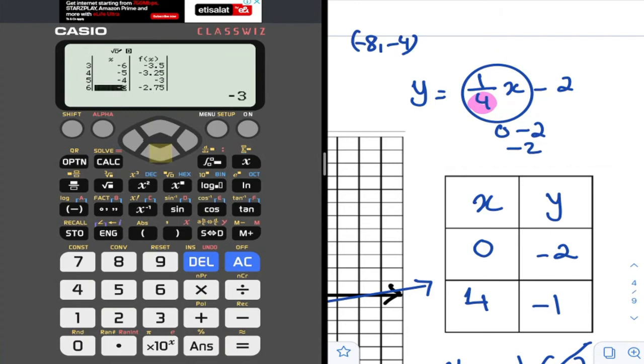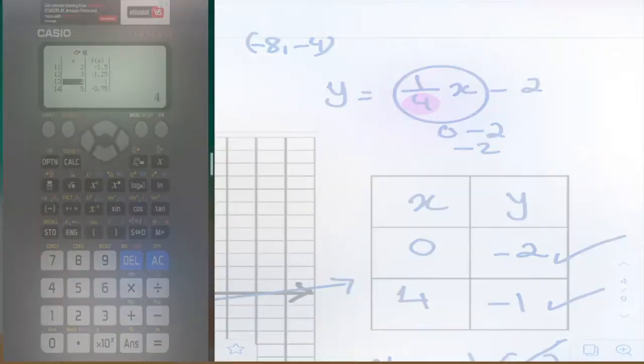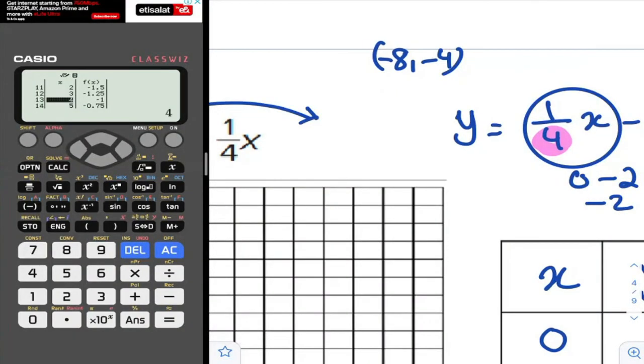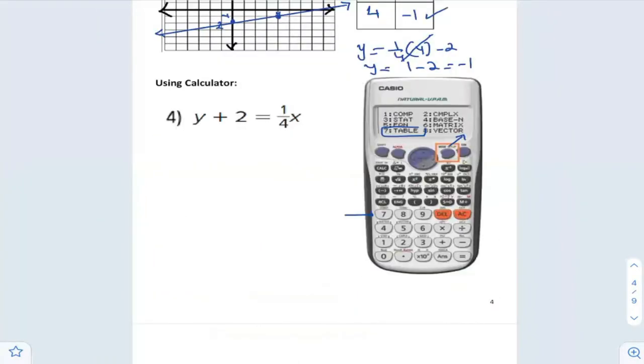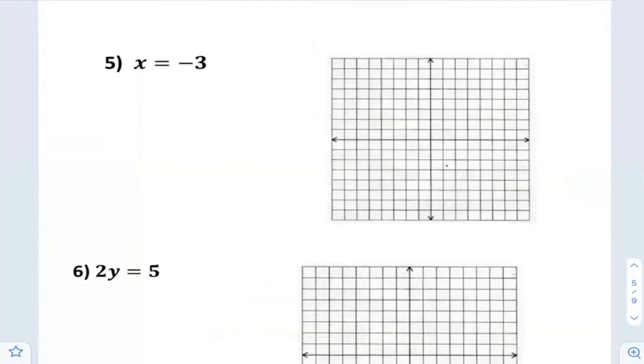You can go down. You will find the points that we have already chosen. Minus 4 and minus 3. You can choose here 0 and minus 2, which is the one that we have got before. You can choose 4 and minus 1 because it's also easy to plot. 4 and minus 1, we have it here. And you can use them to plot. And this is how to use the table using the calculator. So you can have an assisting tool to help you, and you will have the same results, of course. Okay, let's see here another types of functions or another types of lines actually.